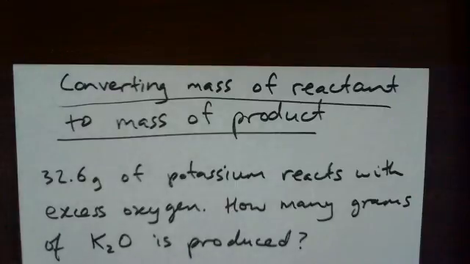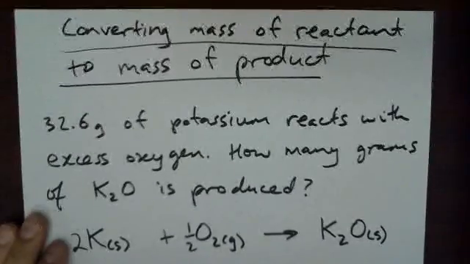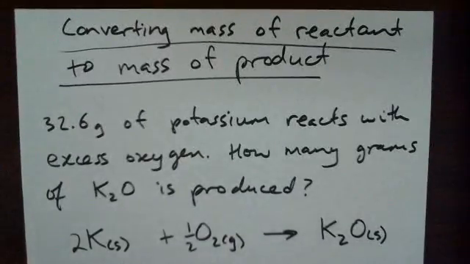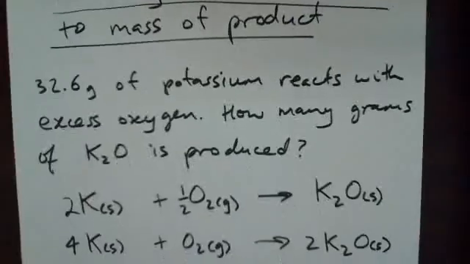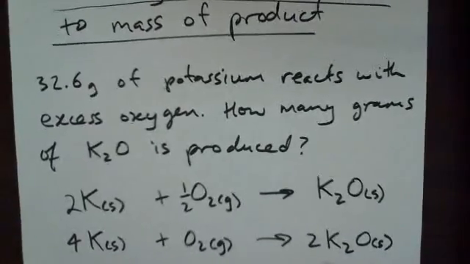First of all, what we need to consider is a balanced reaction. This balanced reaction would be two potassiums plus half an O2 gas molecule going to K2O solid. If you like, we can multiply all these stoichiometric coefficients by 2 to give us 4 potassium plus O2 going to 2